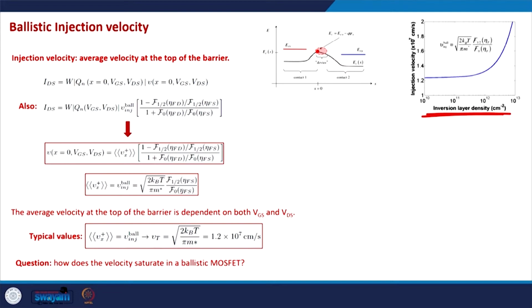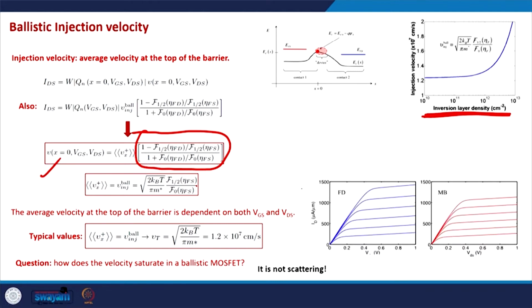and as you can see, as the charge increases, as the inversion layer density increases, the injection velocity also increases because of these Fermi-Dirac integrals involved in the expressions, and this is a simulation of these expressions. Okay. Yeah, so this is the main topic here,